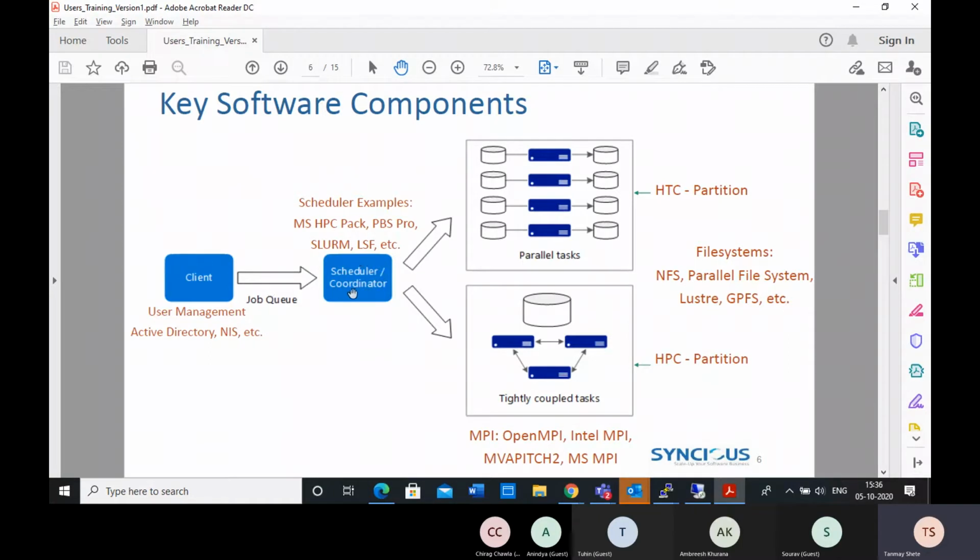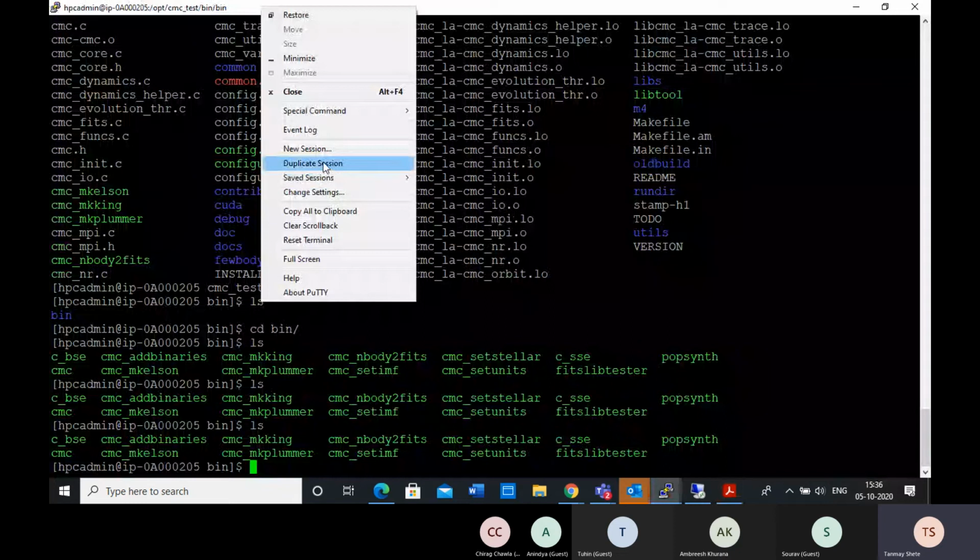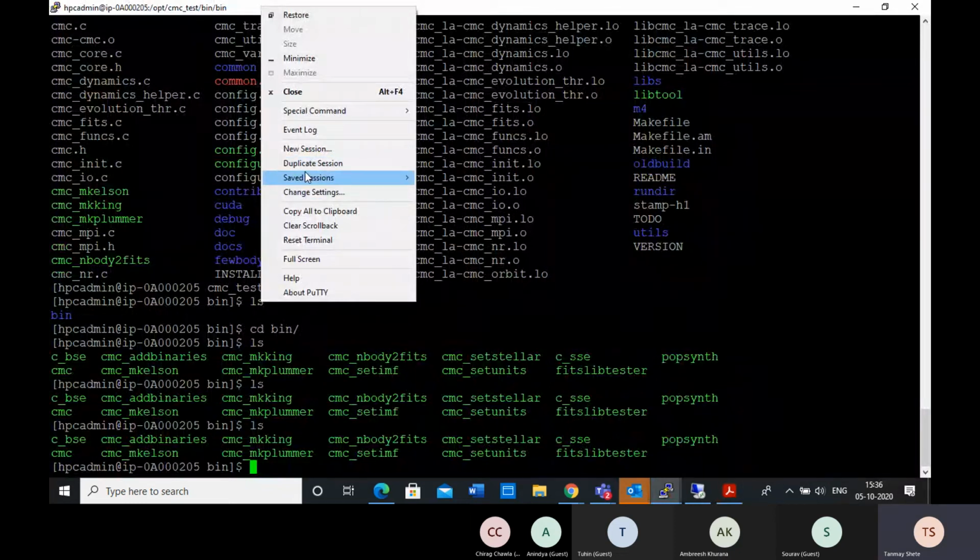And once you connect here, it will be like a Linux machine that you are connected to. So for example, right now I'm giving you the presentation from Windows, so I can basically connect.